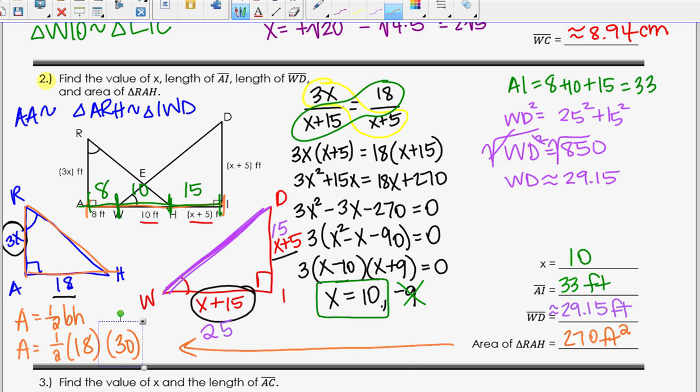So if you look at a problem like number 2, there's a lot of work to it, but if you just work through part by part, it's not difficult. We aren't asking you to do anything above and beyond what we haven't done already. Like I said, I always make that similarity statement. It makes life a little bit easier. I always use some sort of code to identify my similar sides, a circle, an underline, a star if there's a third one. And for all of the problems today, your guiding force should be to find x first. Once you have x, you can go back and start substituting in. Maybe you need to use the Pythagorean theorem, an area formula, or find perimeter. Whatever the question is asking,